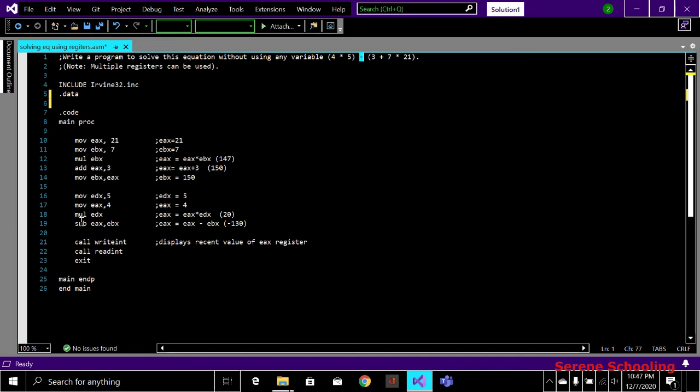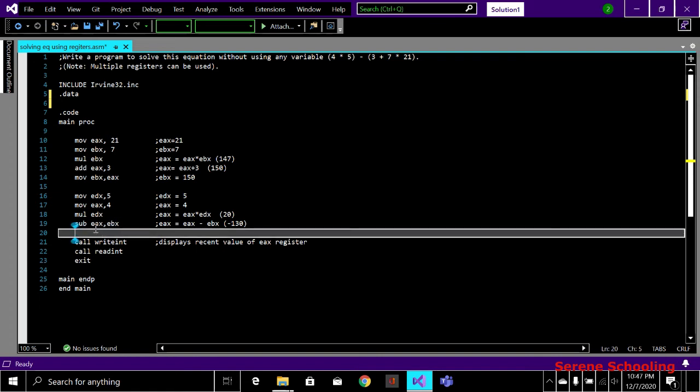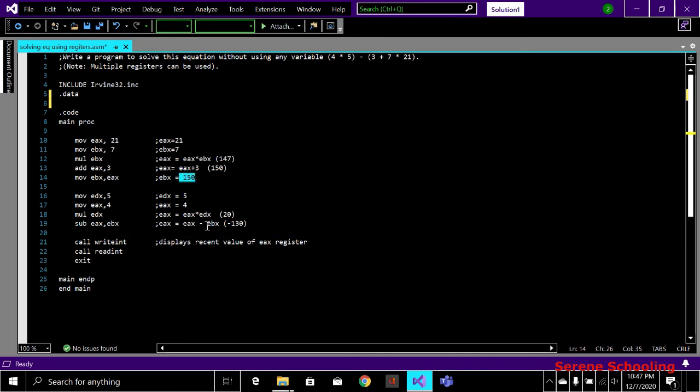So we have to combine these two at the last. For this purpose I am using the sub instruction, that is the subtraction instruction, and as we have discussed earlier, it cannot take two immediate operands. We cannot use two constants together, but we can use these two registers together like this. EAX value is what? 20. It gets subtracted with EBX. EBX value is 150. So 20 minus 150 becomes minus 130. This minus 130 will be stored in the destination, that is here EAX will contain -130.